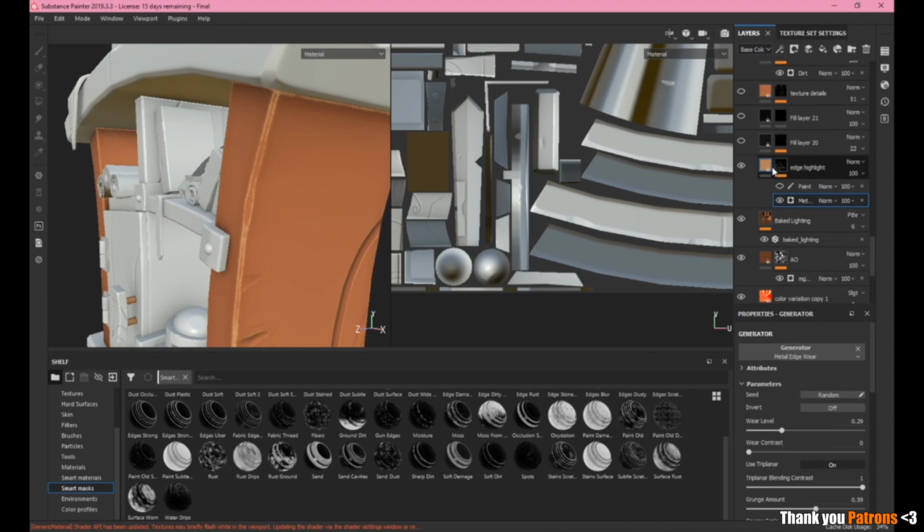So here I have my metal edge wear, and here you can change the wear level. I would say don't have anything like this. It just looks dirty to me, and not like the purpose. So here I added the edge highlight, and then I just changed the wear level here. I went for a mid type of